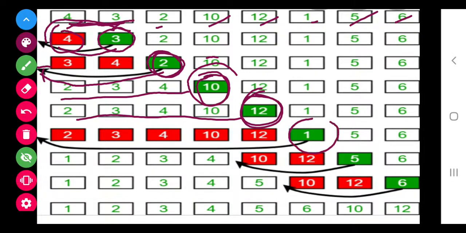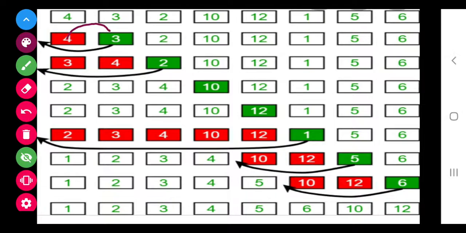But now it is 1, so it is compared with these, and at last it should come at the front. Now 5. For 5, it is smaller than 12, smaller than 10, but it is greater than 4. So it will be kept in between, and the other two will be shifted to the back. Here also you can see that this is shifted back, this is shifted back, and 2 has taken the place of this 3.